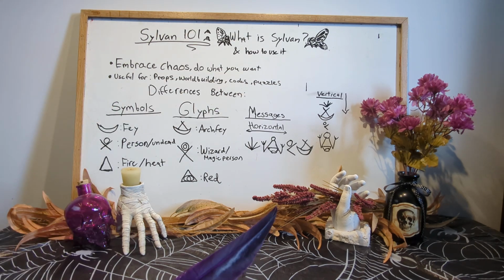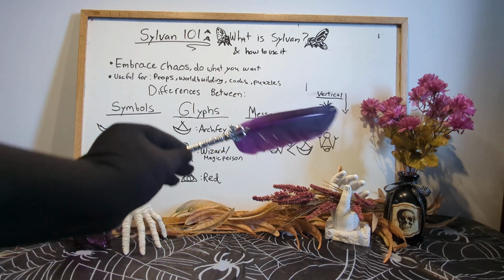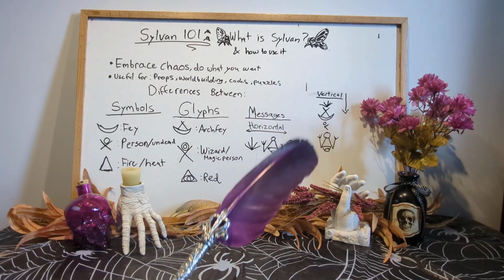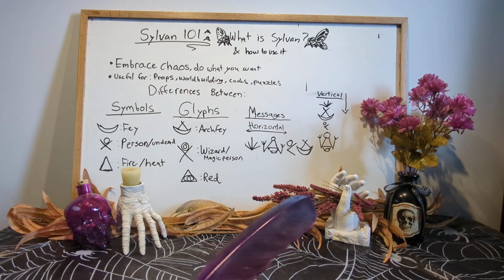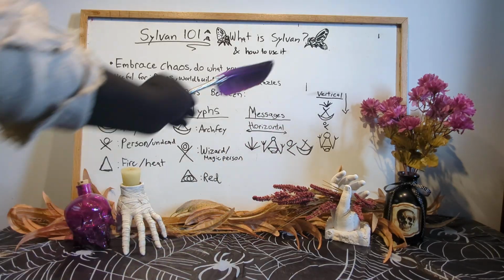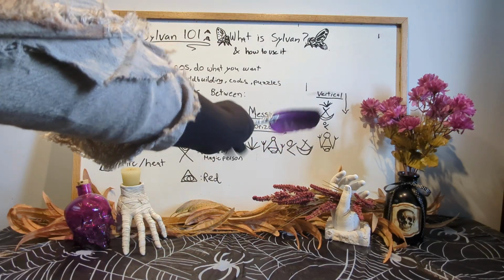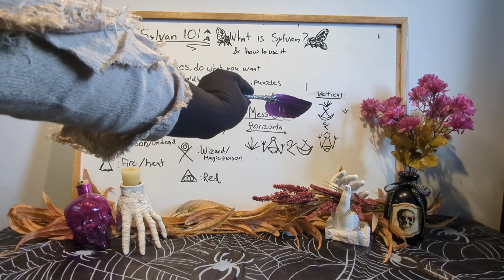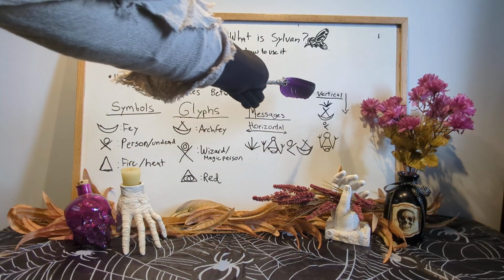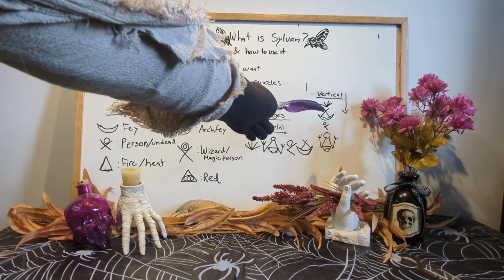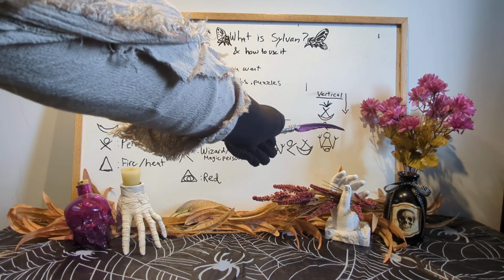Now, I prefer to not write horizontally. I like to write vertically. And that's because I feel like a lot of symbols slot really nicely into each other, and they make it more visually interesting. So if you look, I also ordered the words differently. I ordered the glyphs and symbols differently. So invitation, the 5-pointed symbol at the top, slots really nice into the little top part of archfey, which means